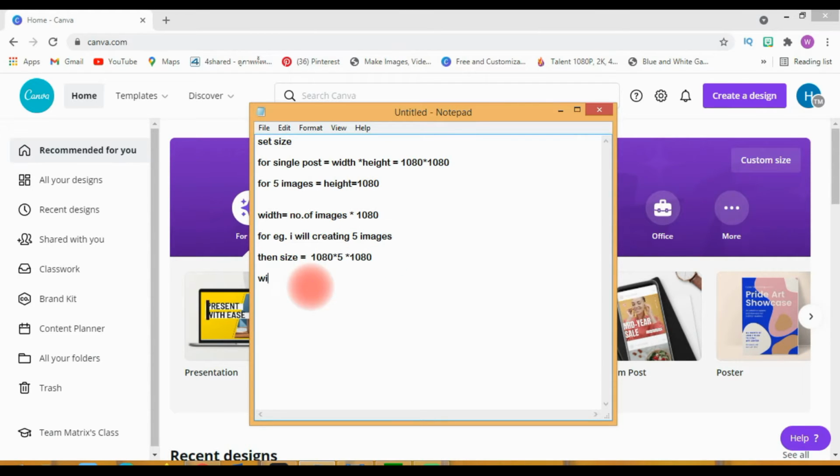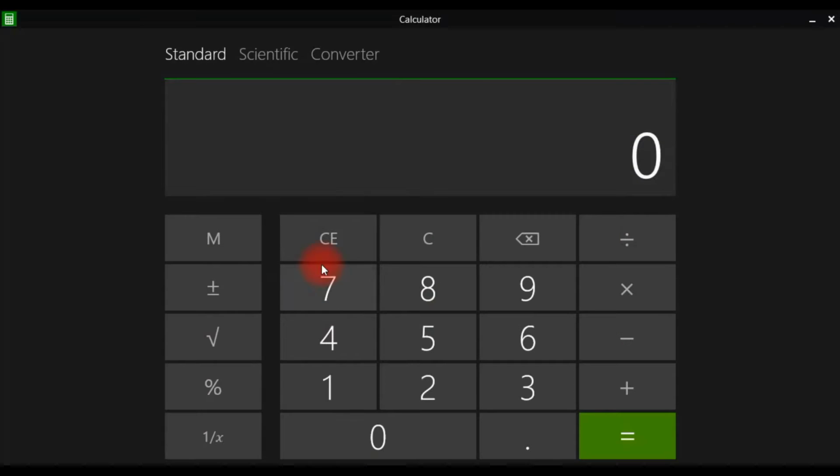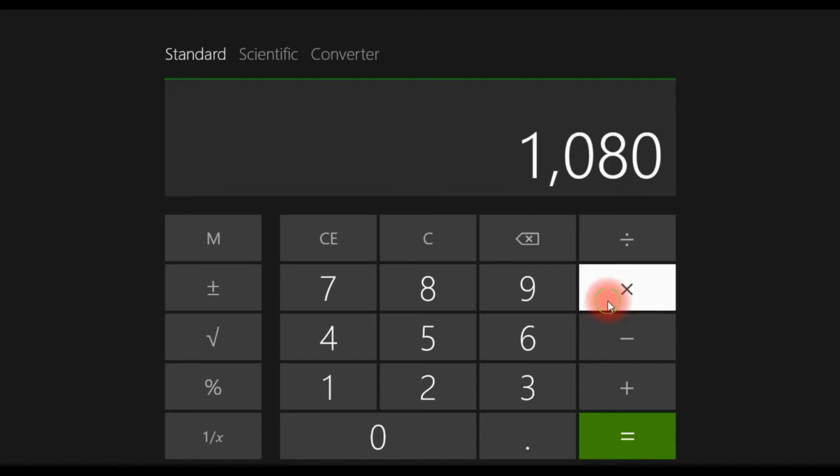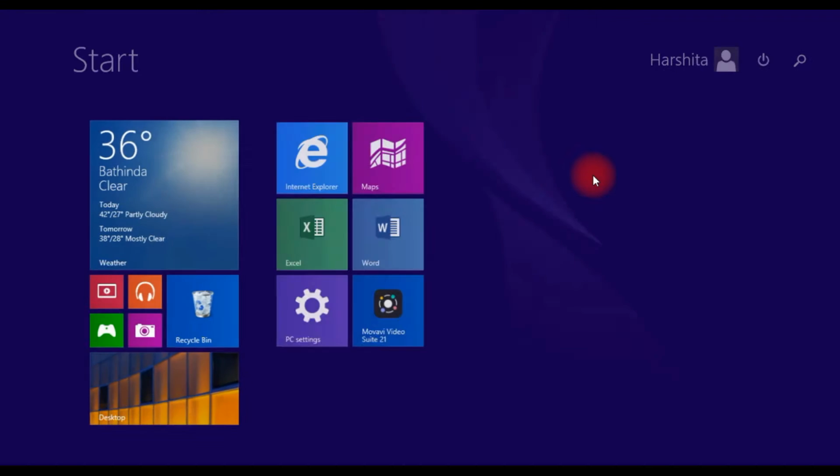Let me write the width: 1080 into 5, and the height is 1080. Let me calculate: 1080 into 5 is 5400.